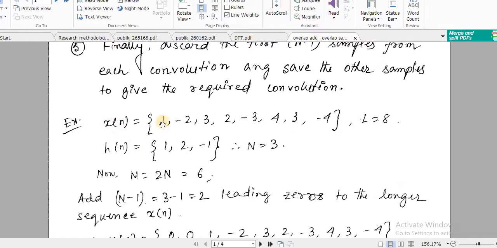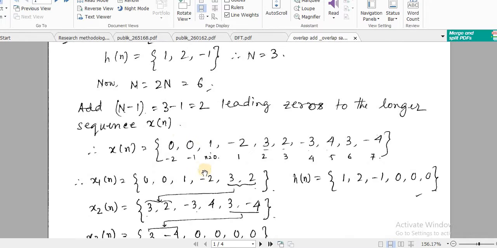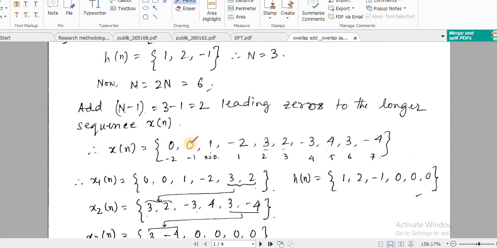This is x of n, the long duration sequence, and h of n is the short duration sequence. We add N minus 1 leading zeros, meaning zeros at the front of x of n. Here N minus 1 is 3 minus 1, so we add 2 zeros. This is the first step: we add 2 zeros in front of x of n.